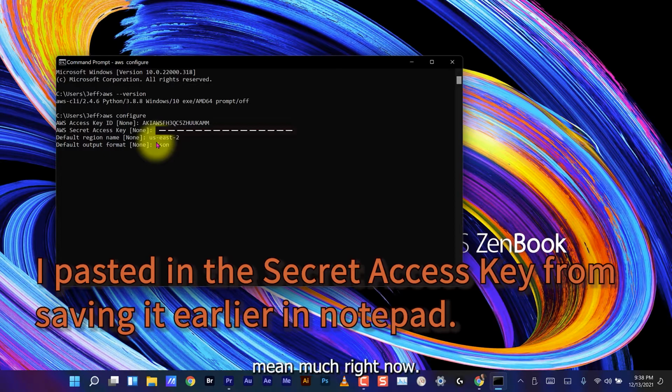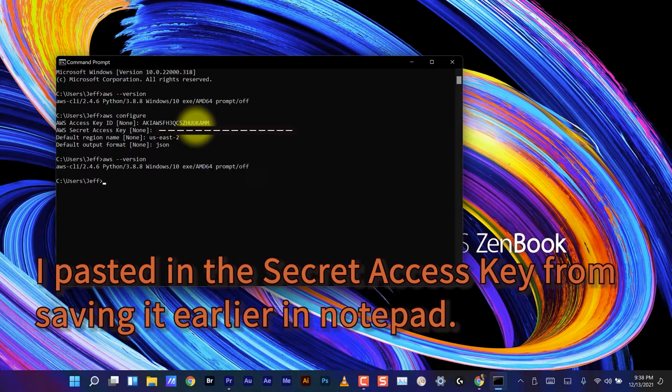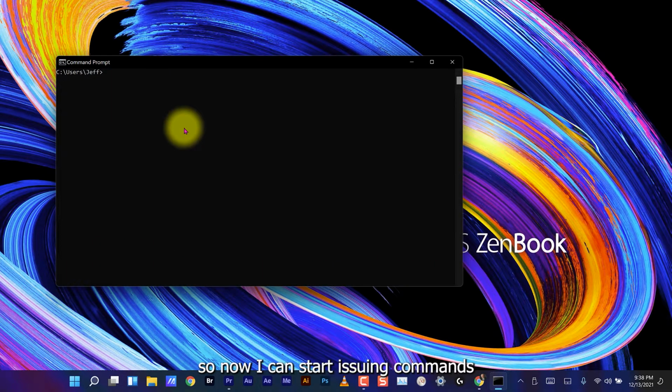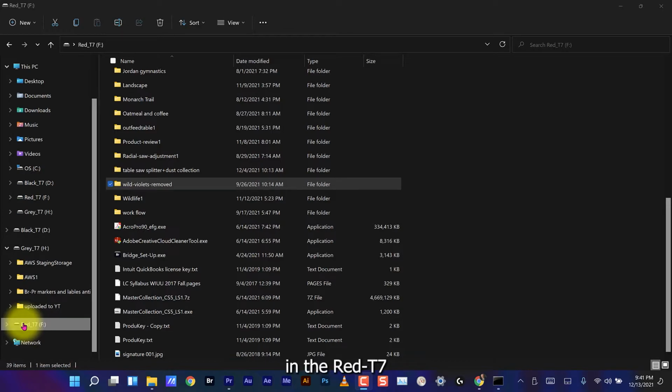That doesn't mean much right now. Up arrow and come to this version, and we're configured. So now I can start issuing commands in the